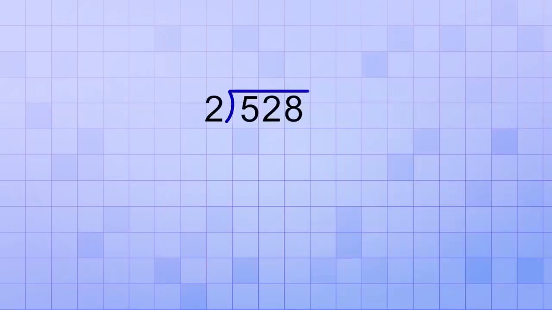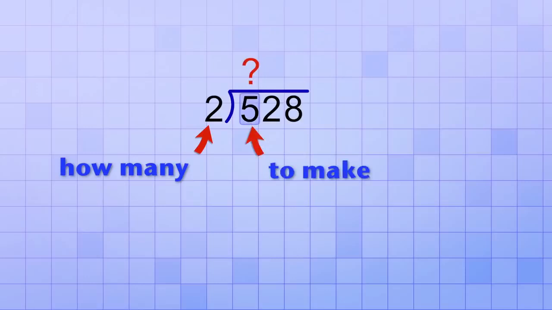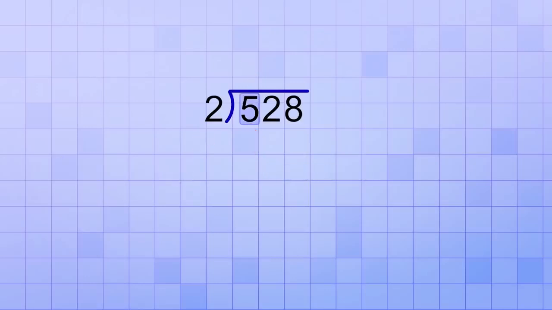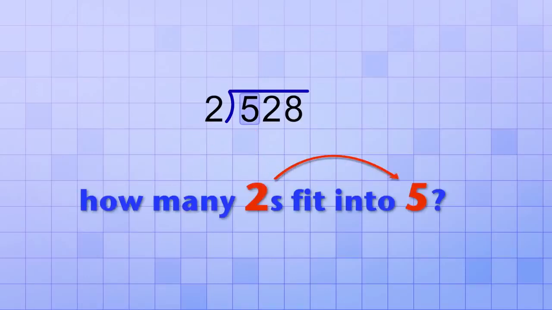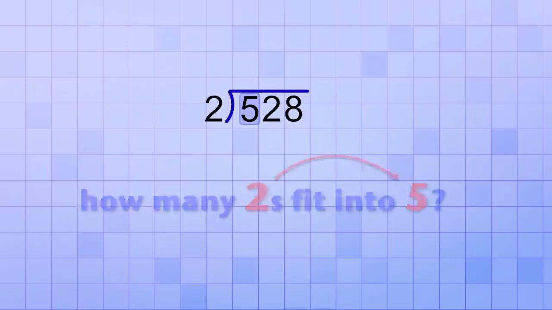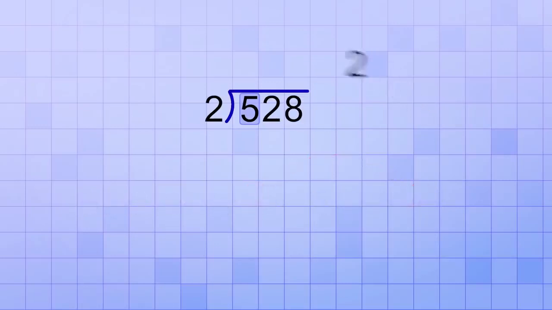To solve this first problem, we start by asking, how many 2's does it take to make 5 or almost 5? Or you can think of it as how many 2's will fit into 5. And it's easy to see that the answer is 2. So we put a 2 as the first digit of our answer. Then we multiply 2 times 2, which is 4, and we subtract that 4 from the 5,